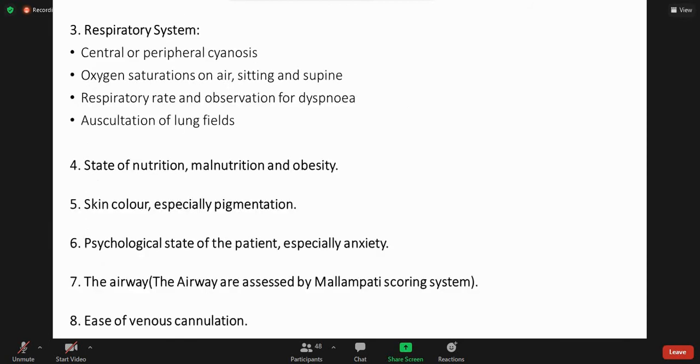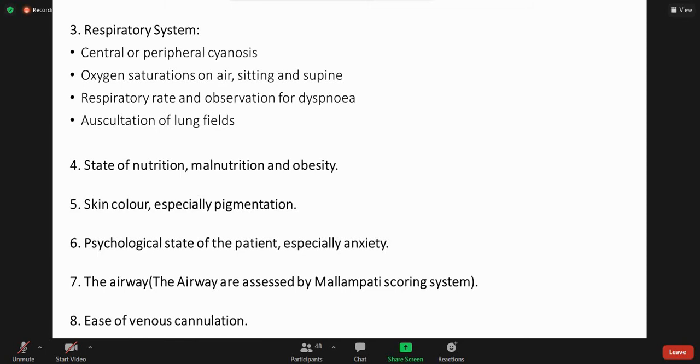Respiratory systems, including the checking of oxygen saturation on the pulse oximetry, listening for the respiratory sounds, and listening for any abnormal sounds, auscultation, and will evaluate the rate of the patient and observe for any dyspnea or cyanosis. Okay, nutritional status of the patient, malnutrition,